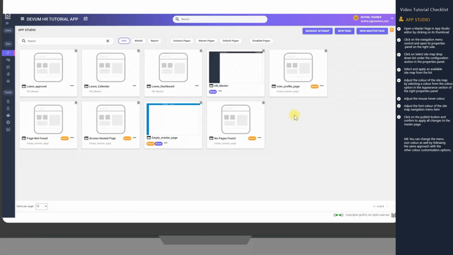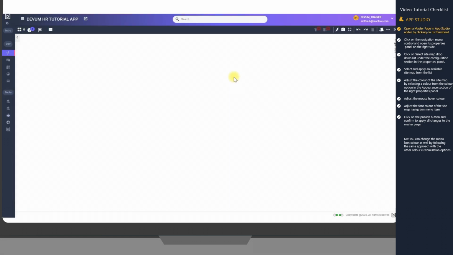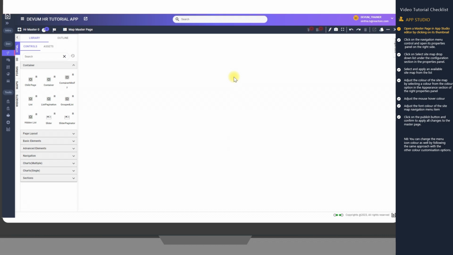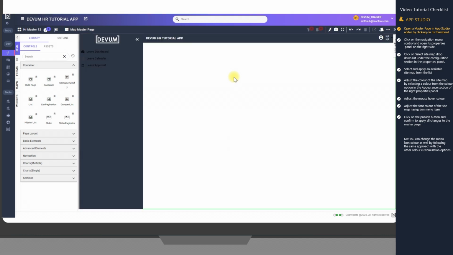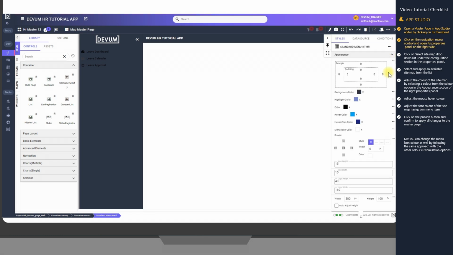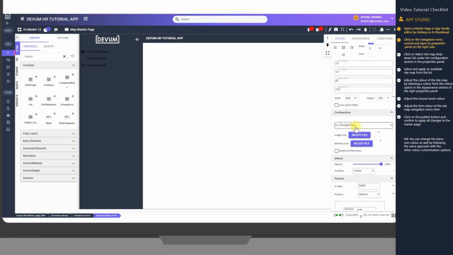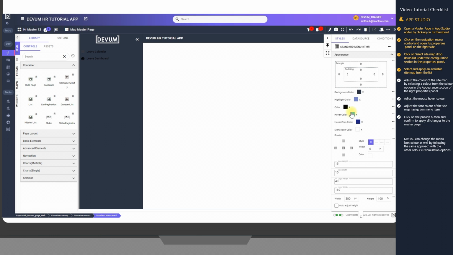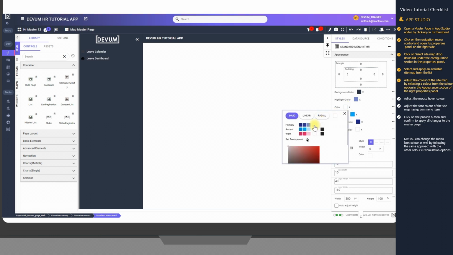First, we access the App Studio and select the HR master page that was previously created. Once inside the HR master page, we proceed to the Properties section by clicking on the left panel, positioned on the right side of the viewport. Within the Properties, we find the Select a Sitemap option, offering a choice between two existing sitemaps named HR Management